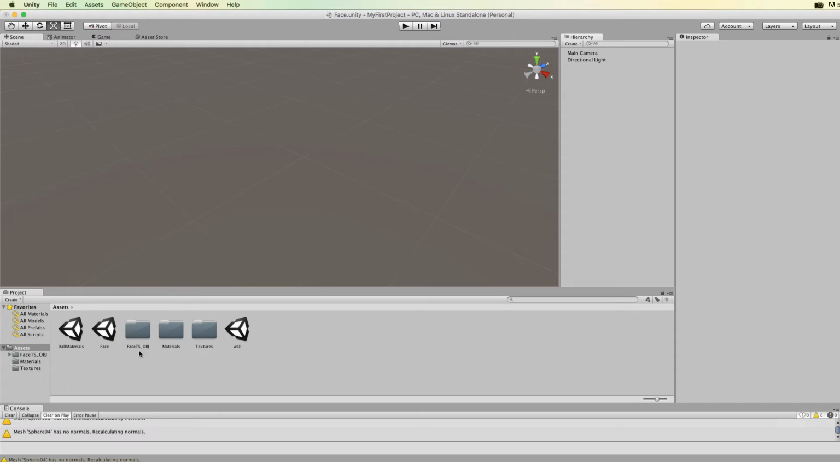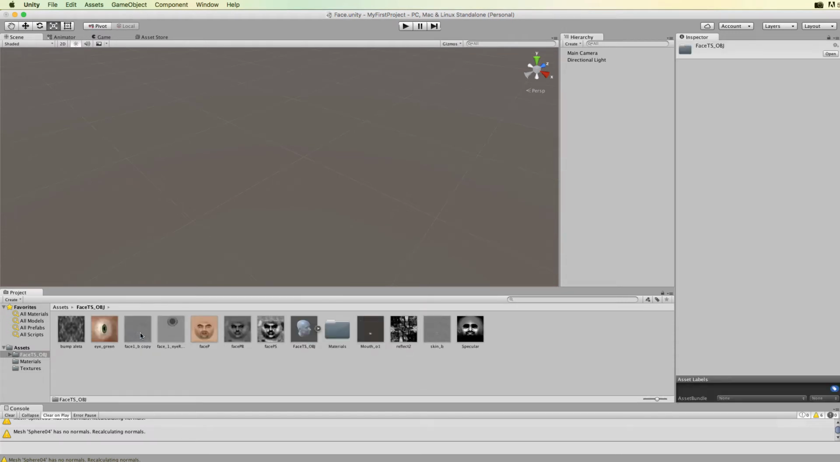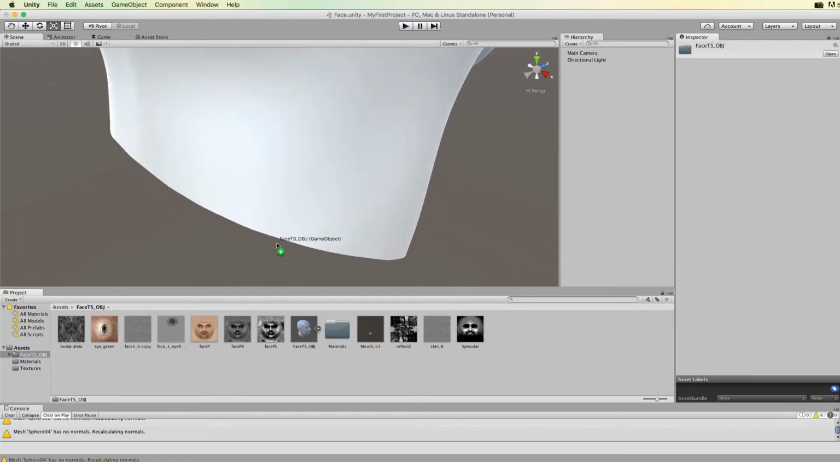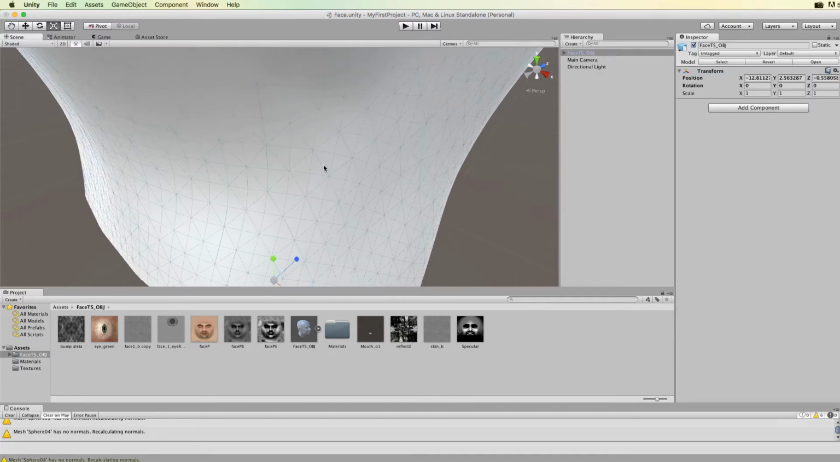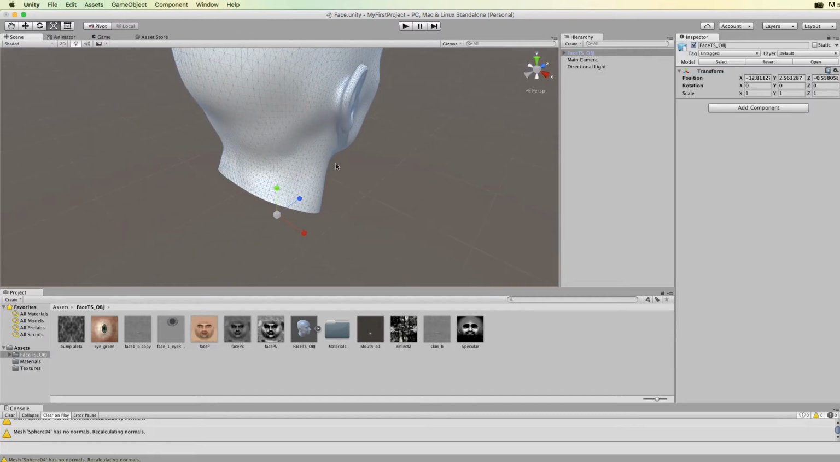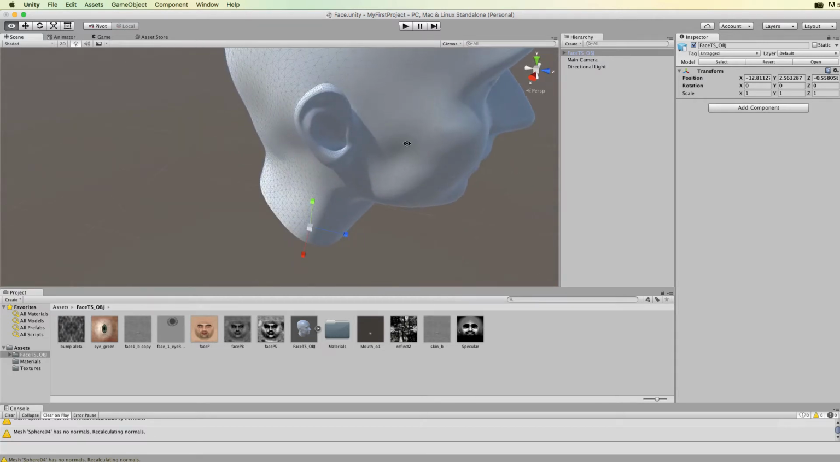So it's in this directory here. It's an OBJ file. If we open up that folder, we can see all of the different textures, and we can also see the OBJ model file. To bring that into the scene, we can just drag and drop it in. It's actually quite a large model. And if I rotate around this to get to the front,